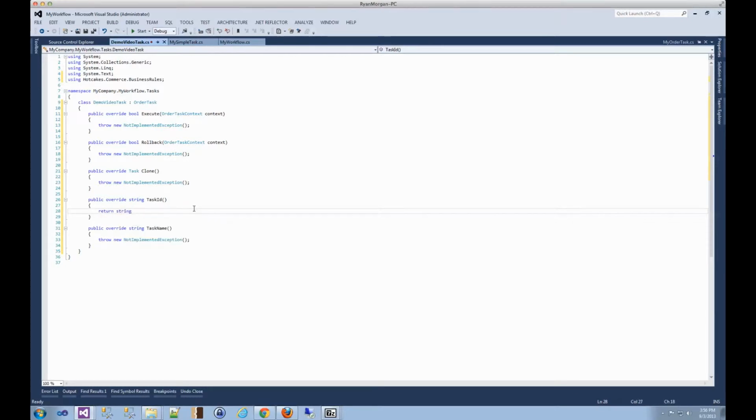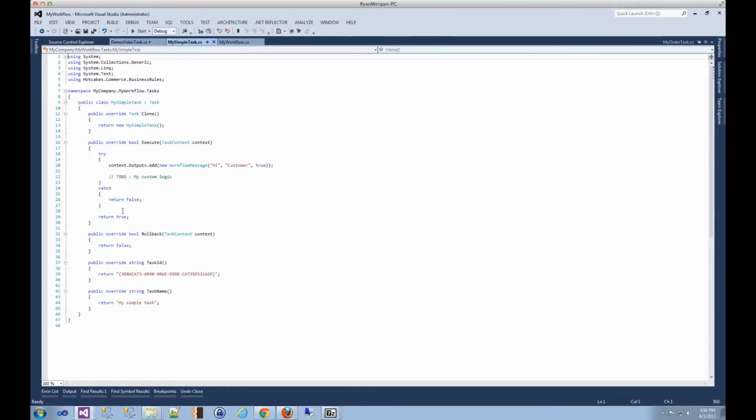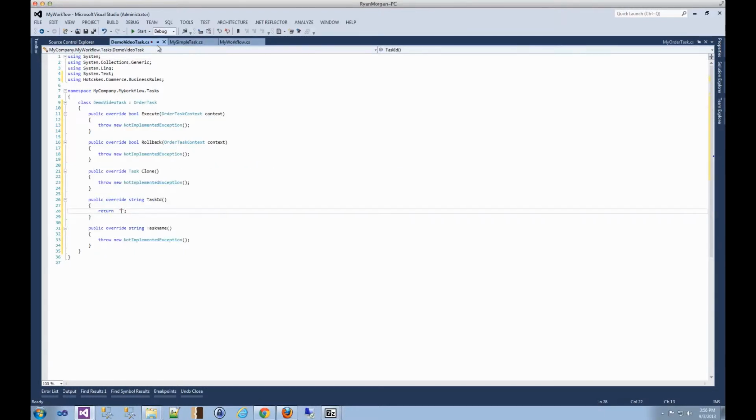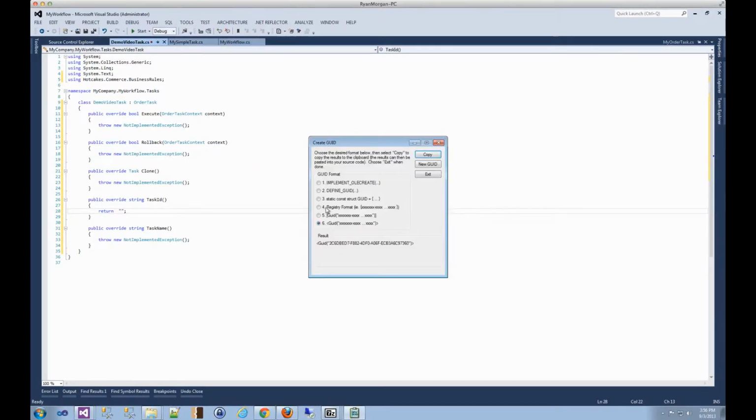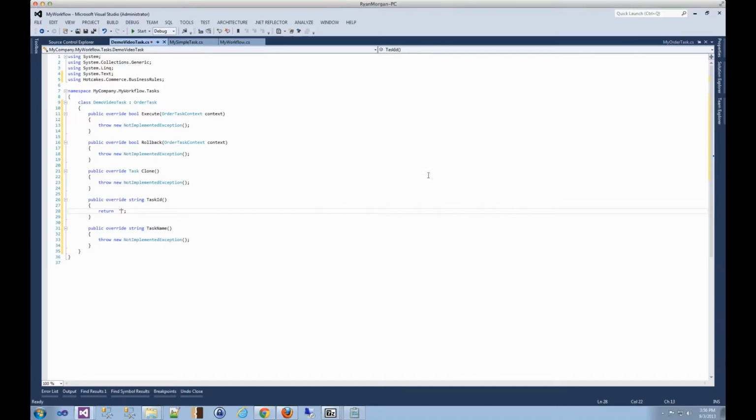return string. So it just returns the actual string itself. And under tools, you can say create GUID. And we'll just drop it in this format. Let's see. Copy. And so that's actually just generates a GUID for us. Okay. And then the task name, we're going to call this task